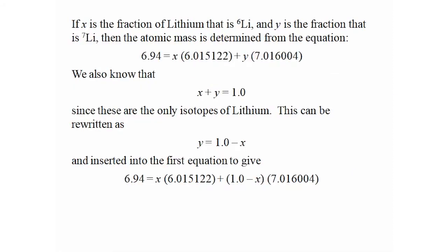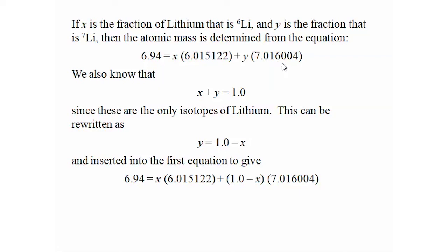In order to solve this, we will let X be the fraction of lithium that is lithium-6, and Y be the fraction that is lithium-7. Then the atomic mass is determined from the following equation. 6.94, which is the atomic mass, is equal to X, that fraction times 6.015, plus the fraction that is lithium-7